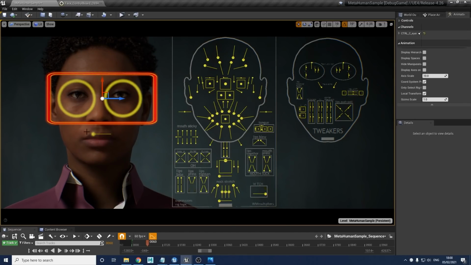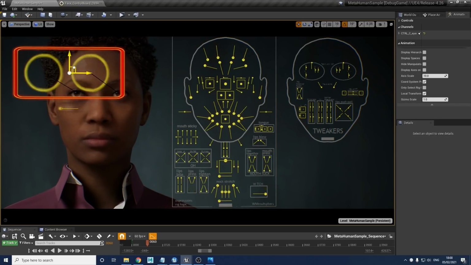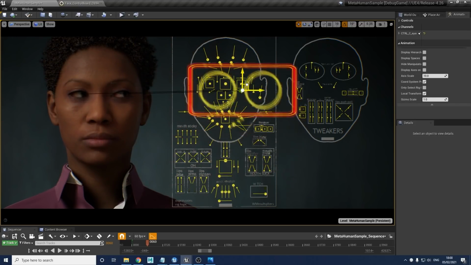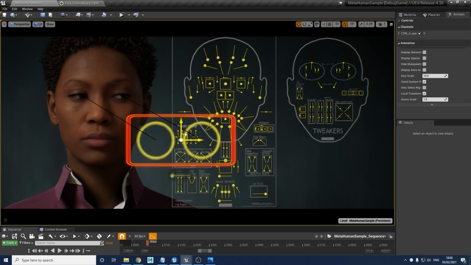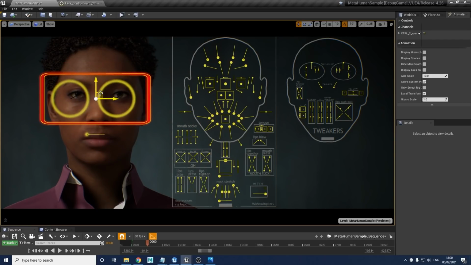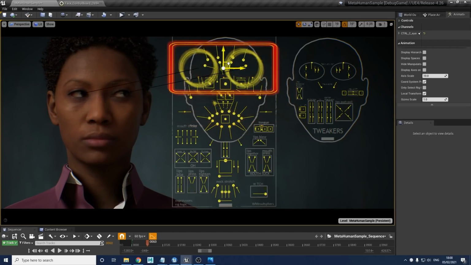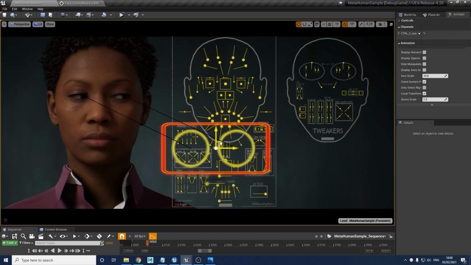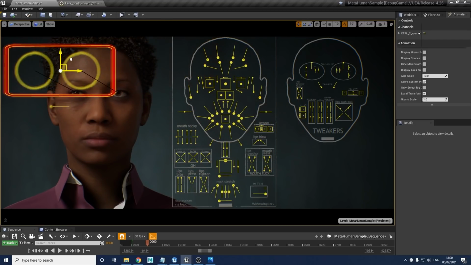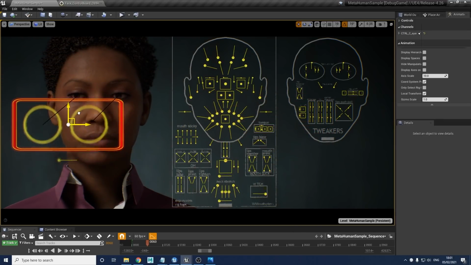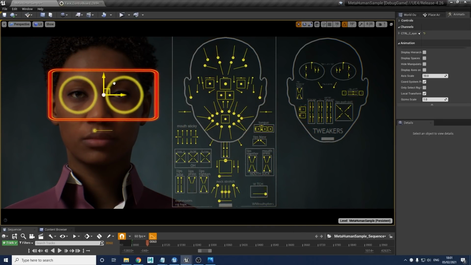So this big red box around the outside, if we move this around, it's going to make the eyes follow wherever this one is. So this control lives in world space, which is extremely useful if you have a scene set up and you need it to track an object that's moving around a scene, or a person that's walking around, and you don't want to have to eyeball it from the controls. You can see exactly where the eyes are pointed and what they're going to be looking at, especially with these kind of laser beams coming out of the eyes here. There's no question about where the actor is looking. It's very, very useful for being accurate with your direction.